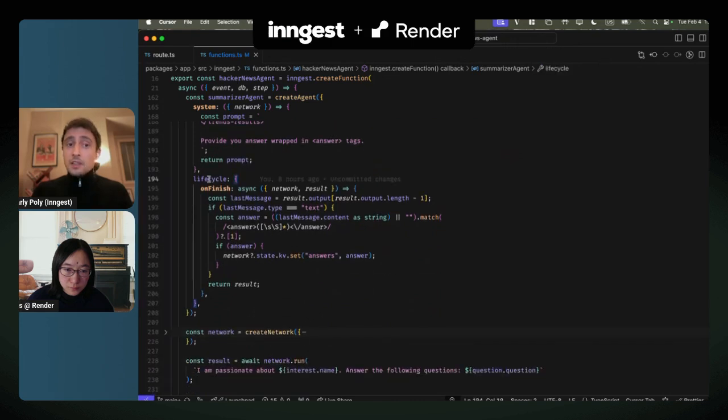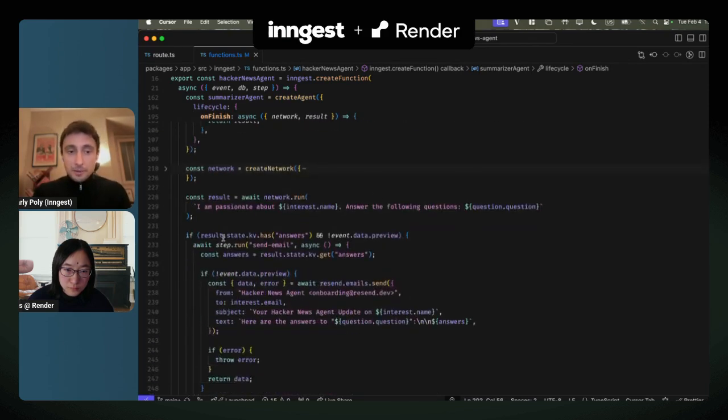Here, an interesting thing also in terms of API with agents. With AgentKit, you can define a lifecycle that allows you to run specific arbitrary code depending on the different stages of the lifecycle of an agent. It can be before the prompt, before performing the LLM call, or after the call. So here, once the LLM call is done, we want to get the result and store it in the state of the network so we can reuse it at the end to provide the result. Because as a reminder, this is what we do: once it's done, we look at the actual state of the network and